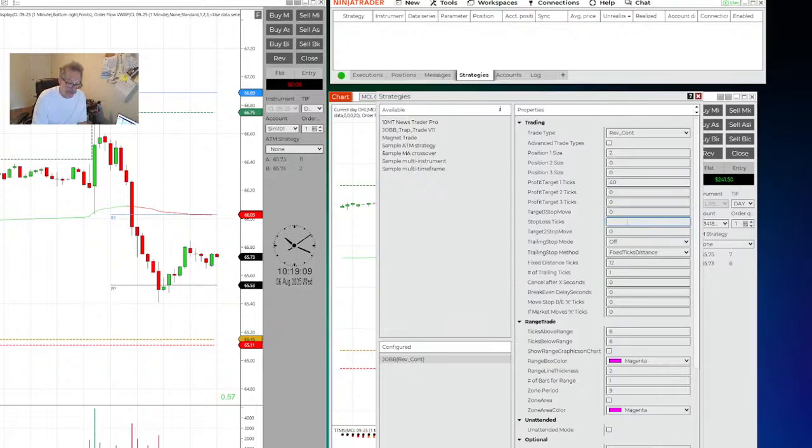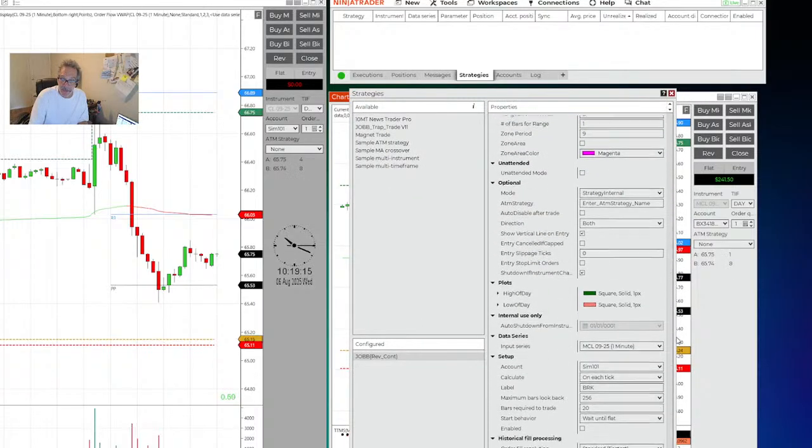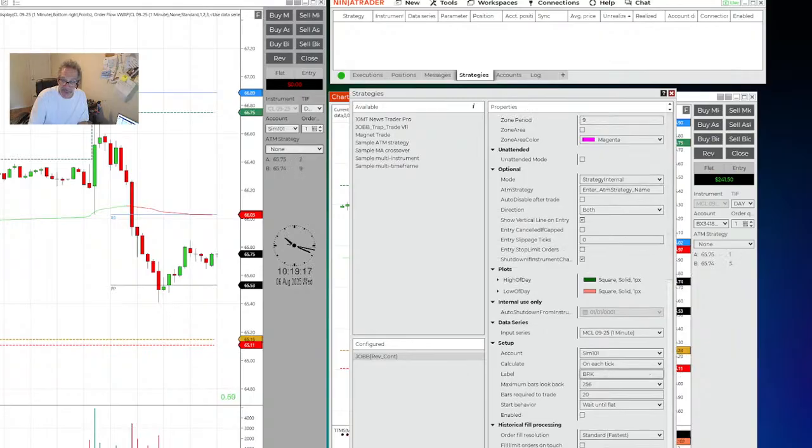a stop of 50. All right, it's micros, remember, so you can use a decent sized stop. And this is just a scalp. So remember, this is just a scalp. And I'm going to label it MCL